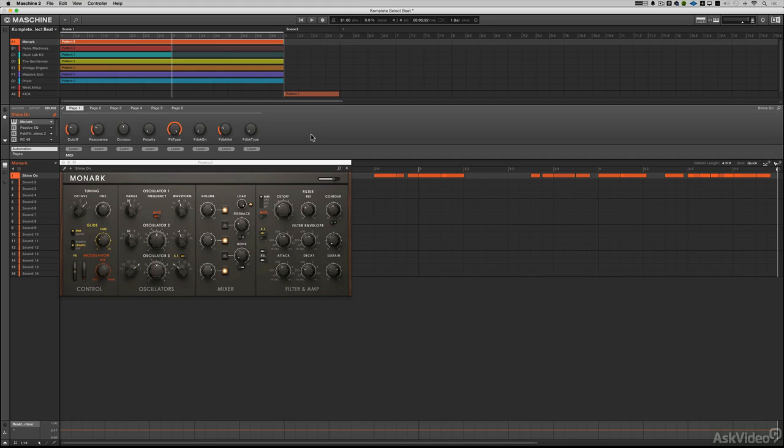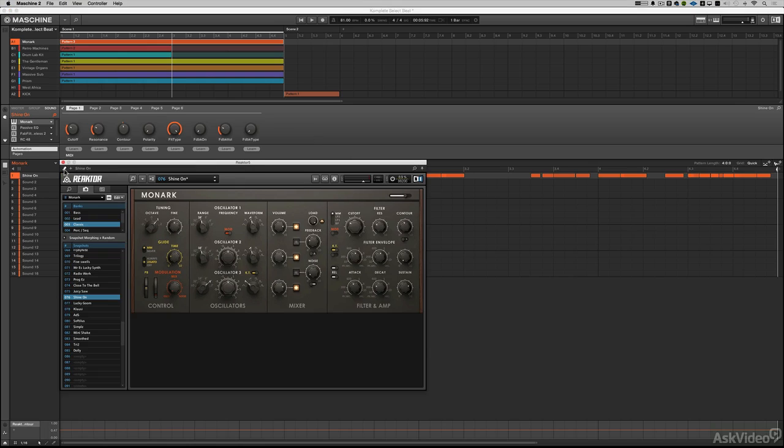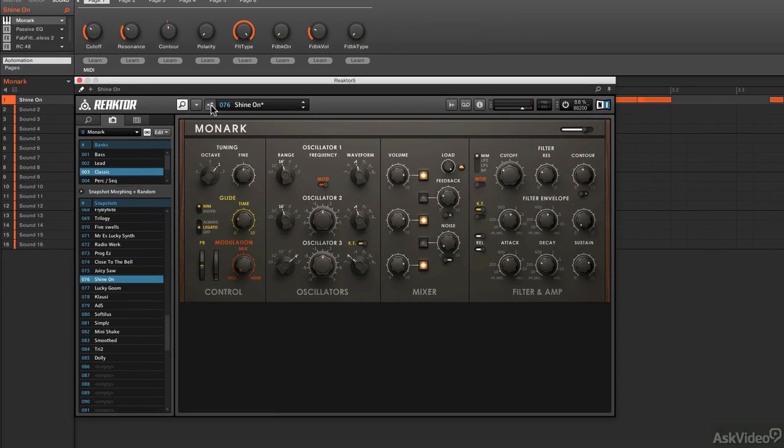So the first thing you need to note is that Monark, if you don't own any of the complete bundles, either Complete or Complete Ultimate, then when you get Complete Select, it will have the Reactor player. In fact, Monark is not its own instrument. It is a Reactor instrument. So if you're unfamiliar with Reactor, there are basically ensembles built inside of Reactor, and Monark happens to be one of those. With a Reactor player, you're not going to be able to do anything other than play the instrument and browse through presets, and obviously turn knobs, but you won't be able to go deeper into other functions like going under the hood, for instance, where you can actually go in and see what an ensemble is